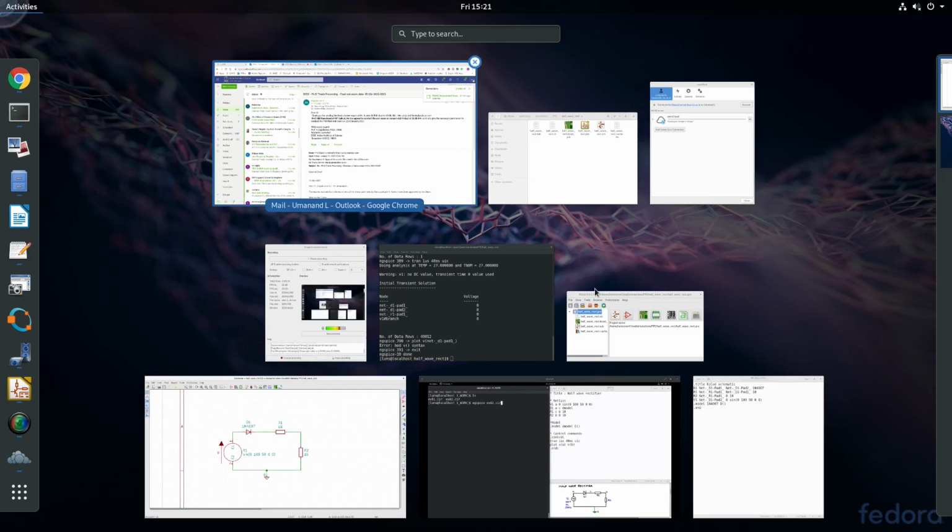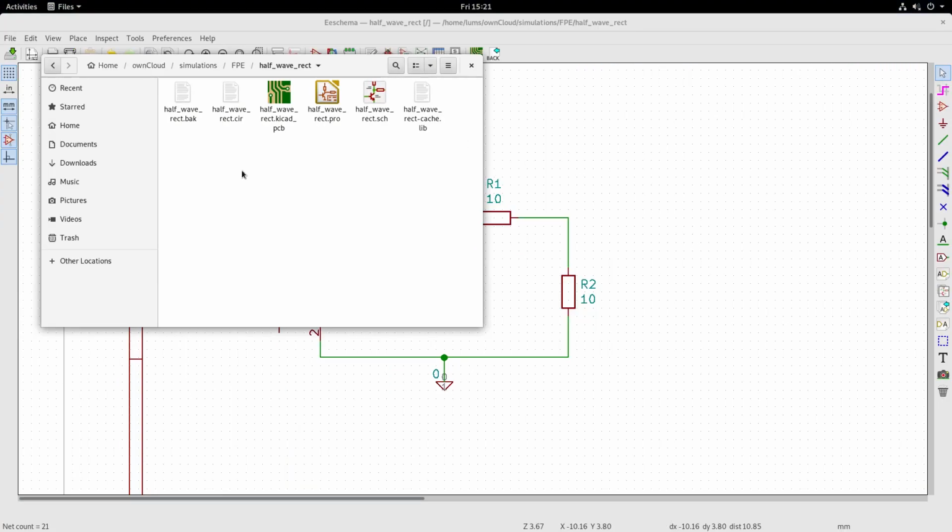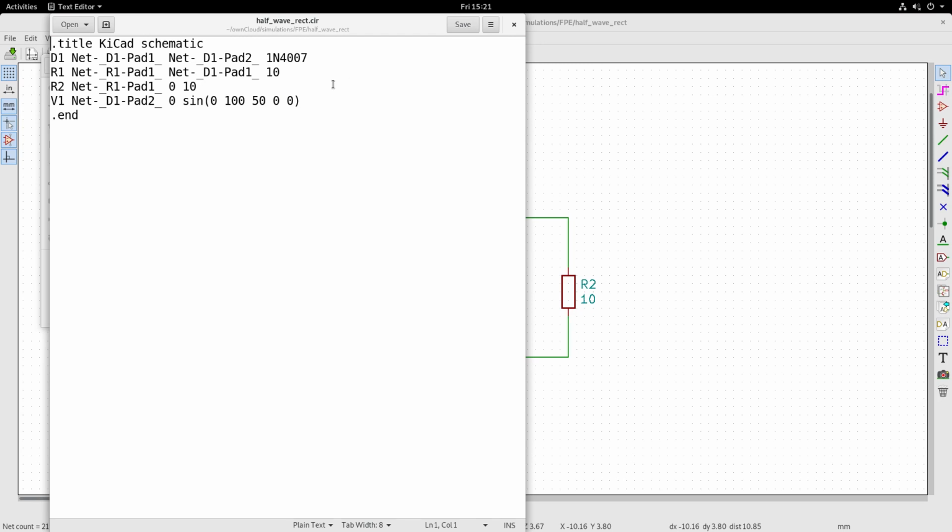When you go and look into that directory, you have this half-wave rectifier.cir which is generated, and you see the netlist having generated. But remember that for all the nodes it has put its own generated node names, and this is not really convenient and it is not good for debugging. So let us give node names.